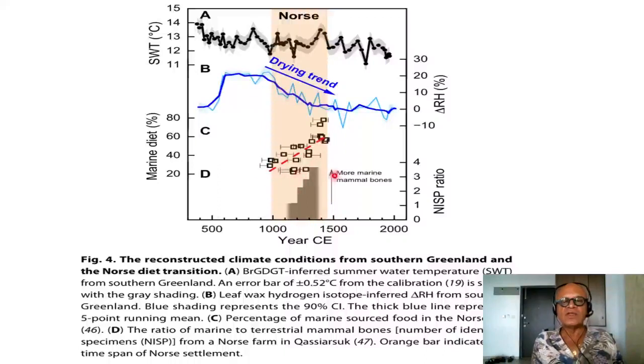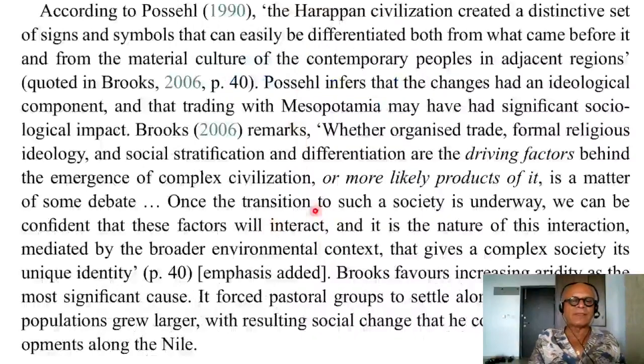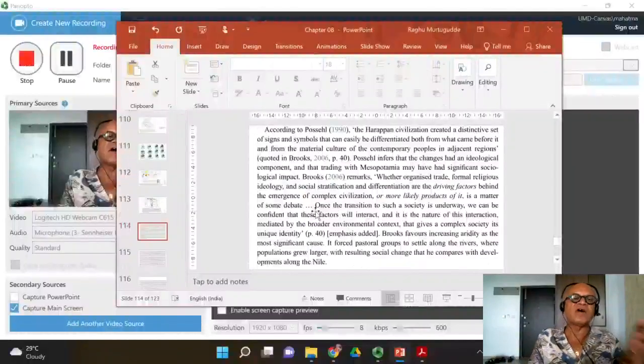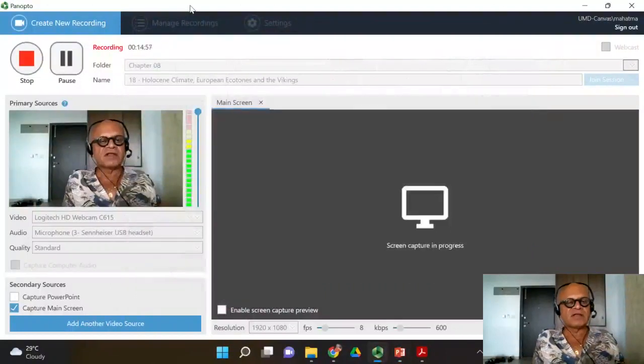Okay, so the Norse made settlements in Greenland, and they tried to survive by shifting to a more marine based diet to deal with the drying and drop in agriculture, but obviously in the end they got wiped out or left. So that's a good example of how European climate also has gone through fairly significant changes during the Holocene,